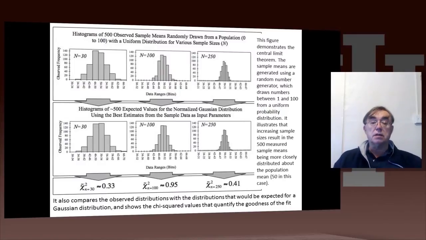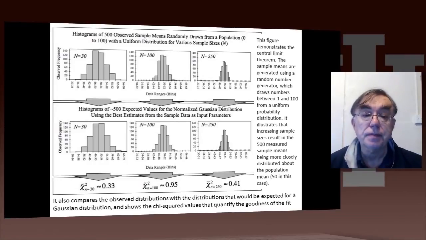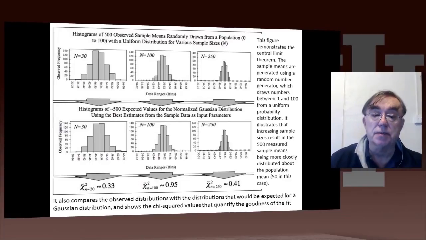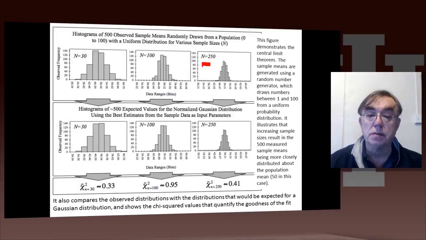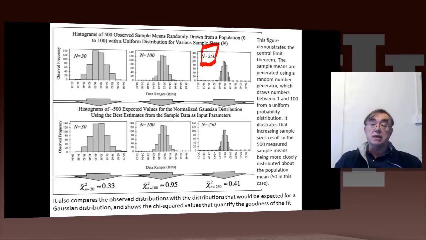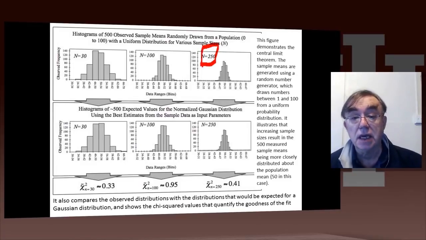The last figure here also comes from Wikipedia, and it basically says exactly what we've done already. This example is not quite exactly what we did, but very similar. We're plotting various sample sizes, taking the mean value of those sample sizes, and